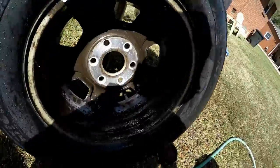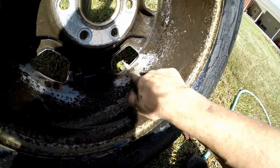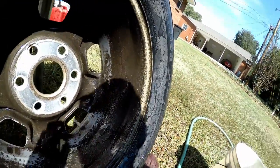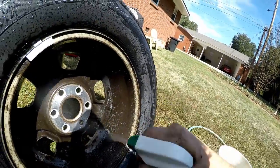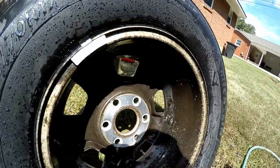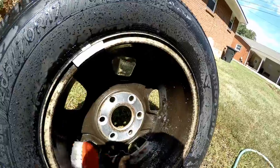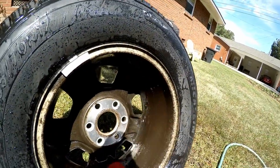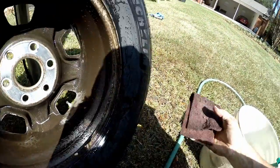Now you can see some of what I'm talking about. You see it's clean, but there's a lot of staining, pitting, stuff like that. And there's nothing to do about it. So we hit it with our favorite cleaner at this point. And I need to put more expensive wheel cleaner on it. Hit it with the brush again. And then we're going to take a